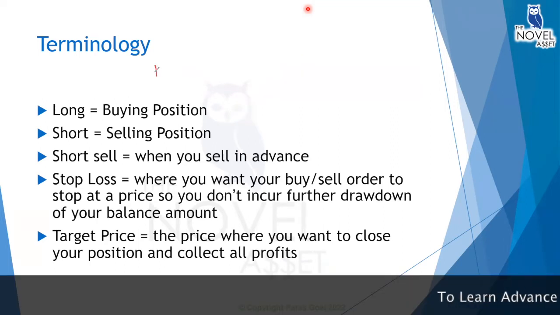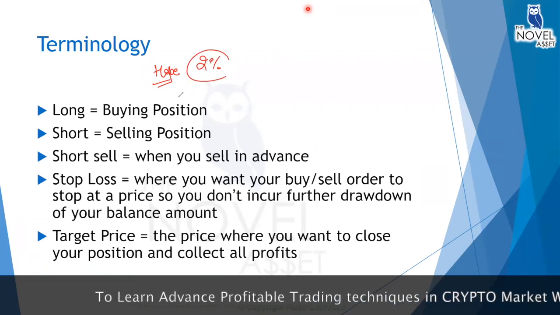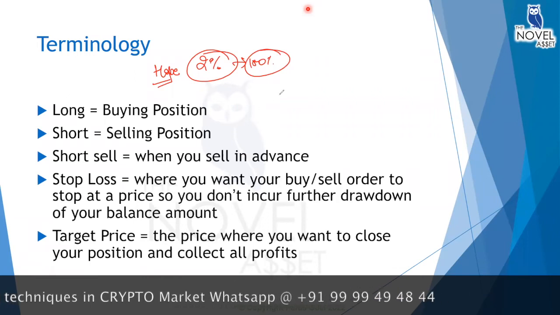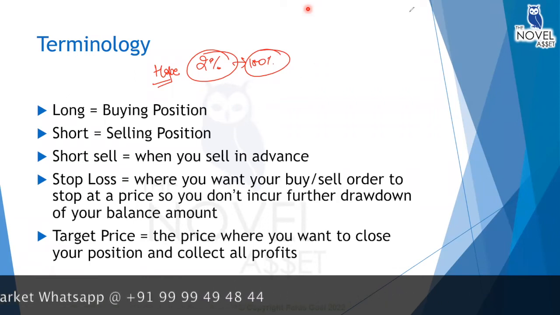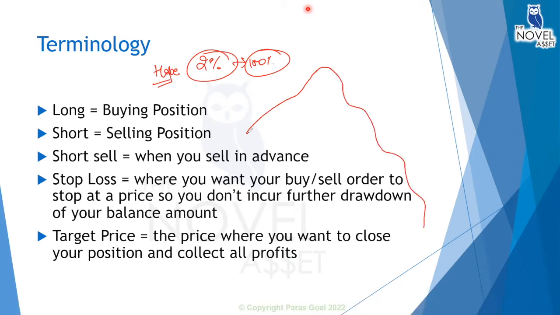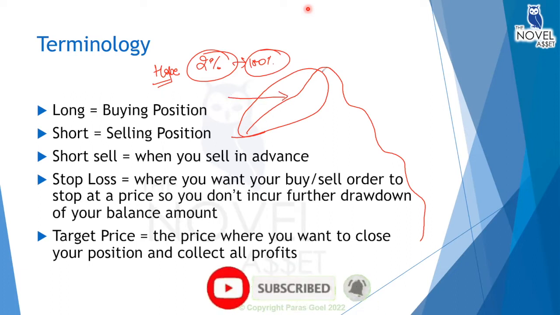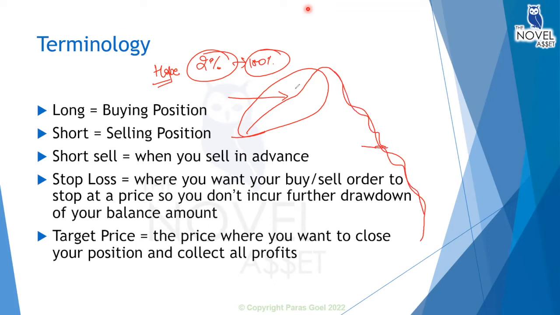Because of that hope, another 2% of the failure traders have lost their 100% capital, because they have a notion that the price will increase and increase and increase. And what happens? Price will make a swing towards the downside. If you're not putting up your target, you will be losing all your profits, which you could have realized. But also, once the price goes downside, you will be losing your capital. And that is why it is very, very important for you to put up a target price.